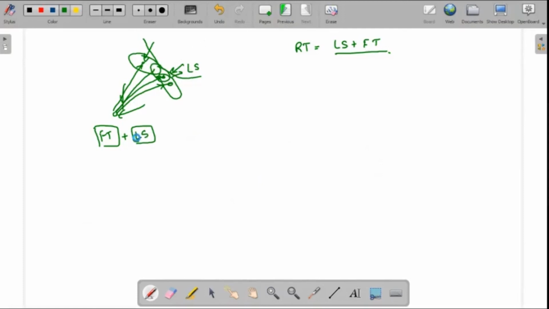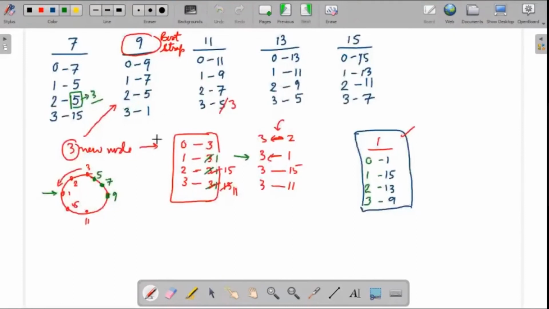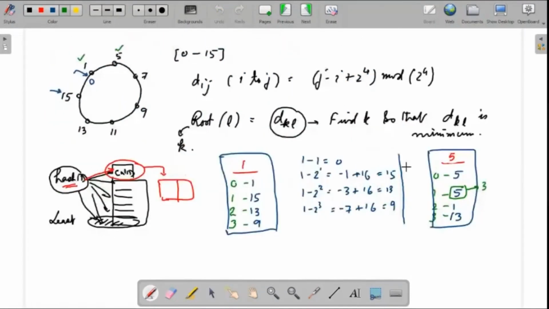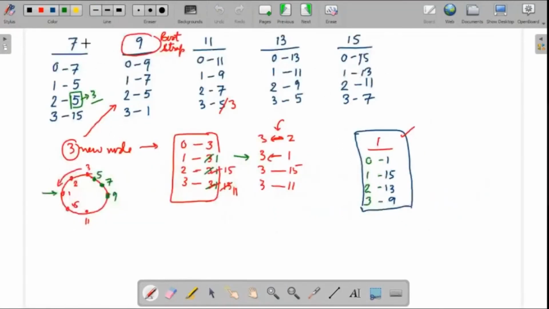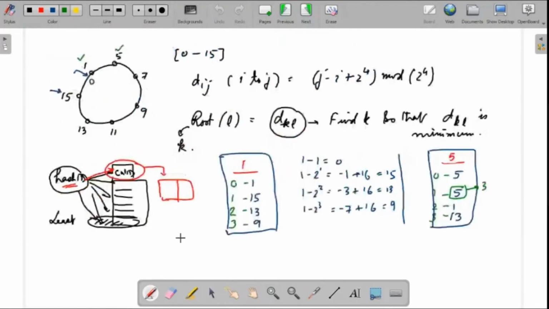So in the previous case, when we had this routing table, I was not able to optimize 7 and 5, so the rest seem to be fine. But what will 7 and 5 do if I start maintaining the neighborhood tables? Okay, let's see what will happen with the neighborhood tables. So I'm going to add something called neighborhood tables in each one of those entries now. So the neighborhood table, or leaf set here.